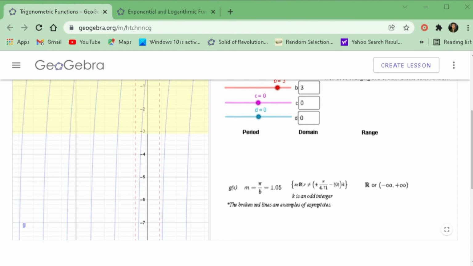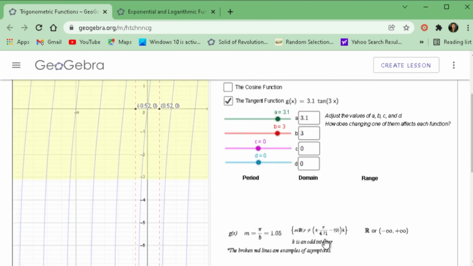The domain, medyo maliit siya. Anyway, I will be posting this one in our Google Classroom. Ito na yung formula. For the domain of any tangent function, set of all x element of R such that x is not equal to, this is the formula, positive or negative pi over 4.17. What is 4.17? If we go back, saan natin nakuha ang 4.17? So the domain is not affected actually by A,